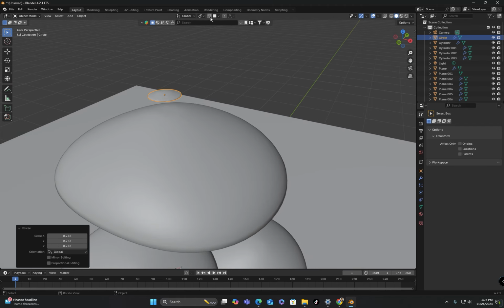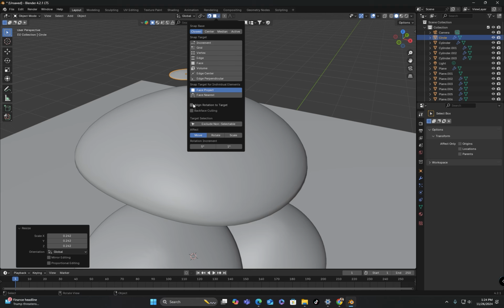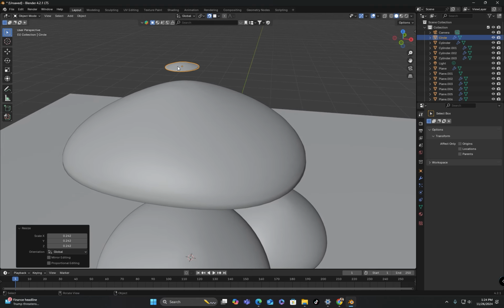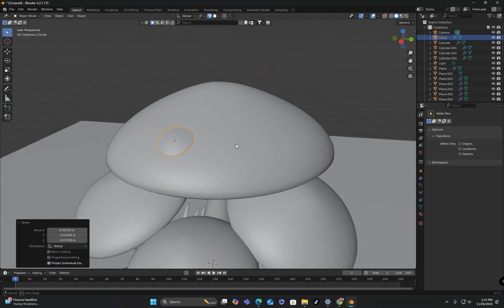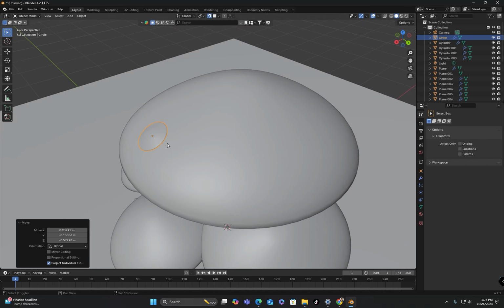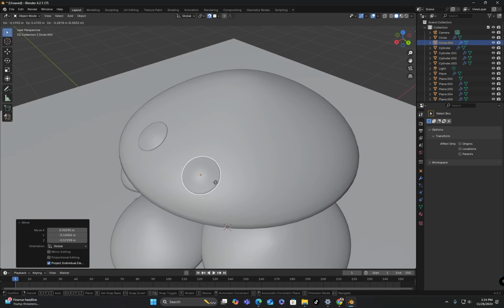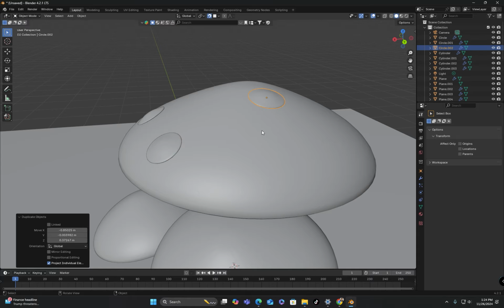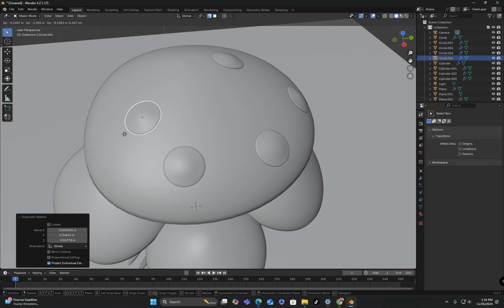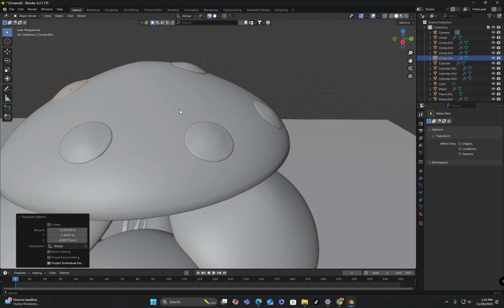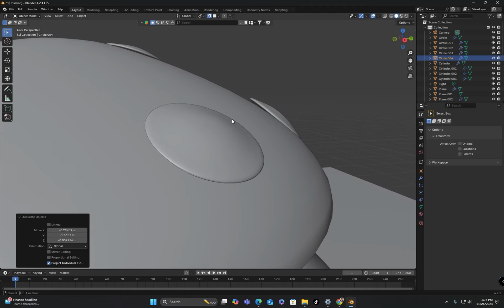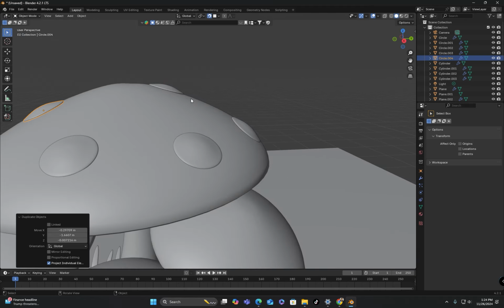Then I will enable snapping and check align rotation to target. This ensures that the object snaps to the geometry and its rotation aligns with the target surface accordingly. Now I will duplicate this object and place it randomly on the mushroom object. As you can see, there is some distance between the mushroom geometry and this object.